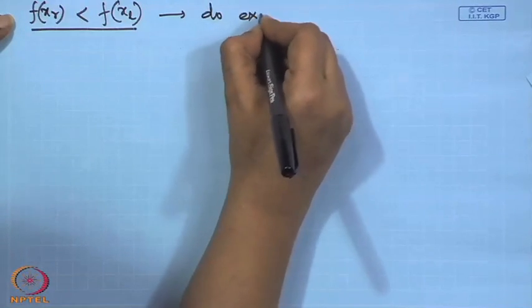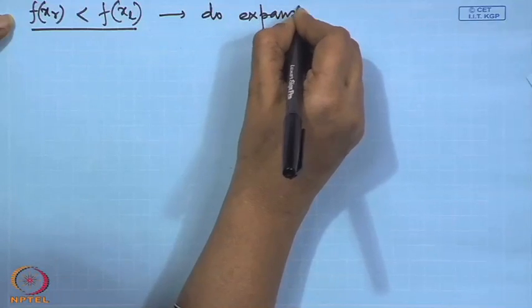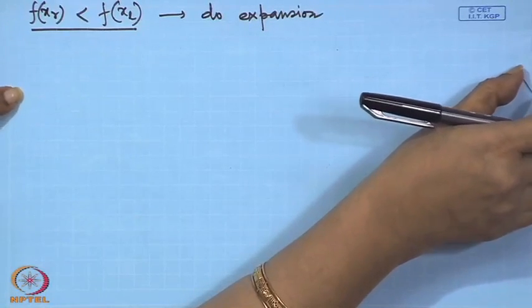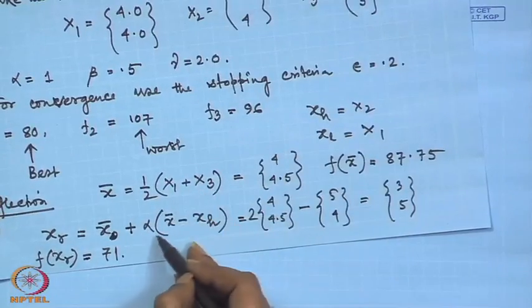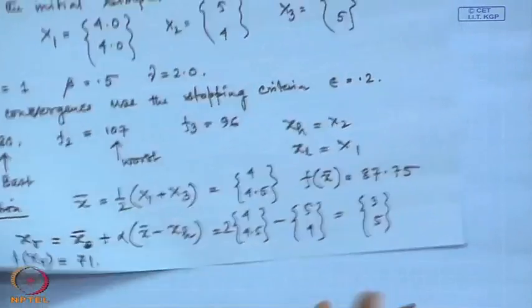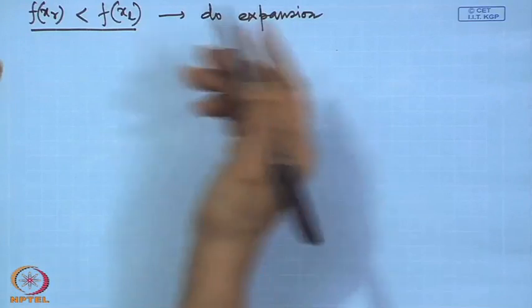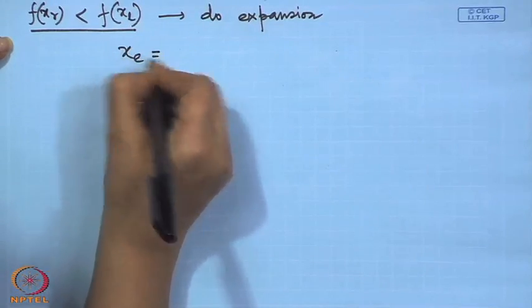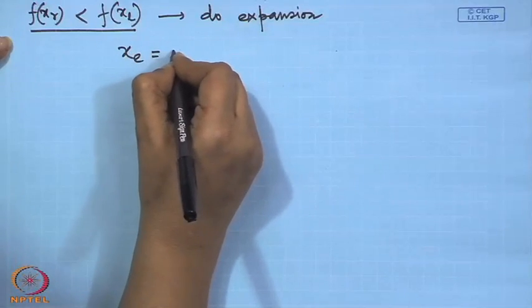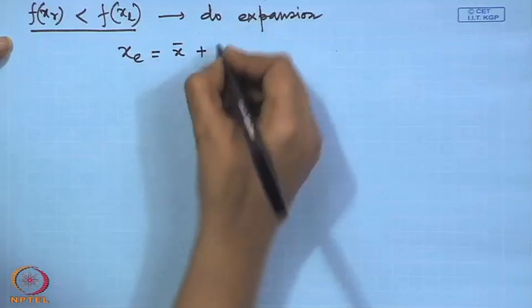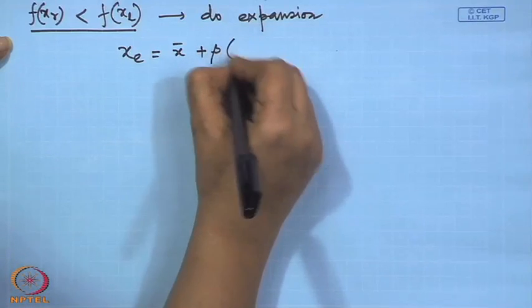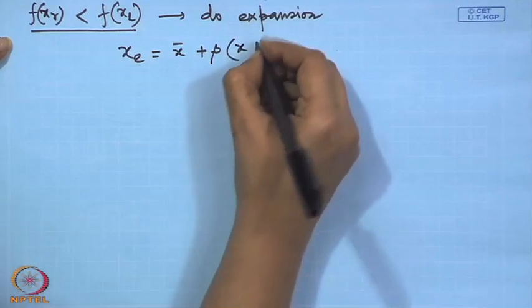We need to do expansion, because I know if I just move in the direction of x bar, I will get a better minimum. That is why we are doing the expansion in the next step. How to do expansion? As we know, the xe we will just generate as x bar plus expansion beta into